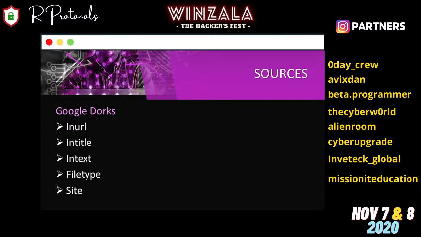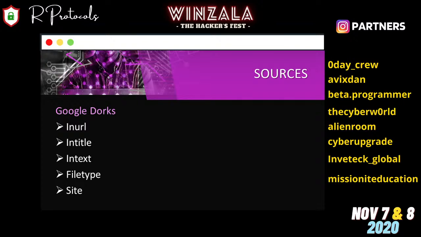The next one is site, which is used to browse on that particular site only, so there will not be extra or third party information. So these were the commonly used Google Dorks to gather information.